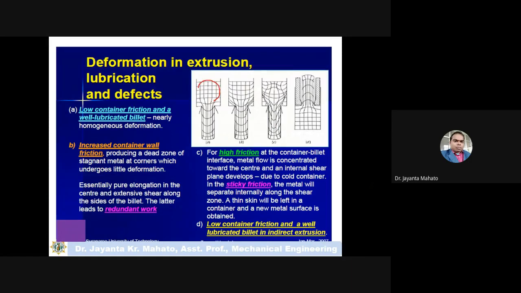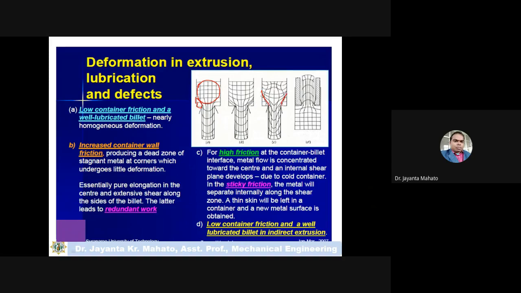What will happen? Consider a grain structure like a square type, and after flowing, this grain structure will elongate. And what happens? In this zone, the material does not flow, and this zone is called the dead zone. Okay. So in this zone, the material does not flow.